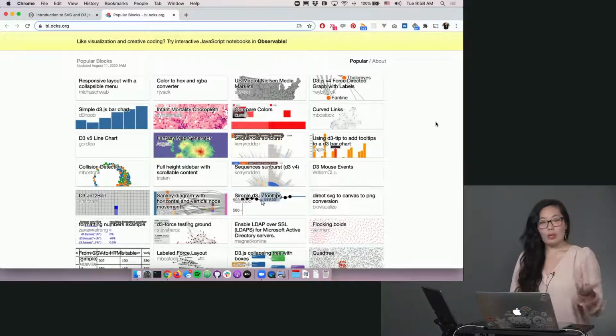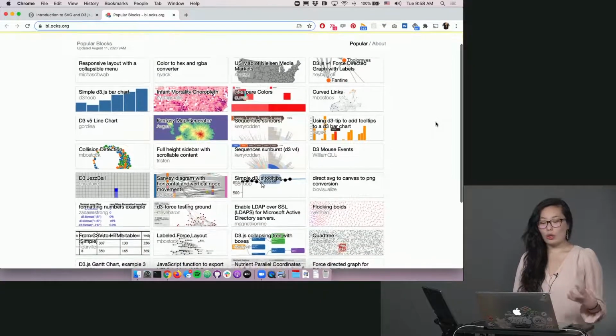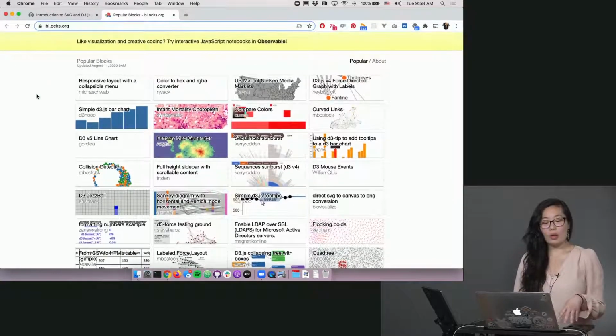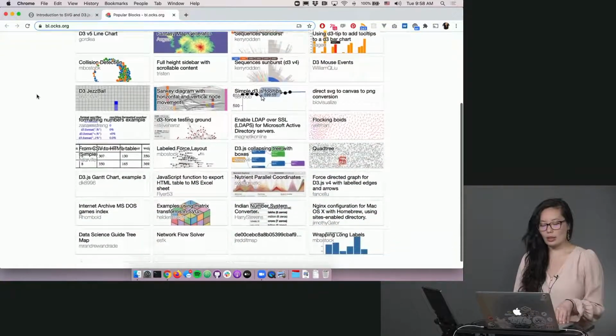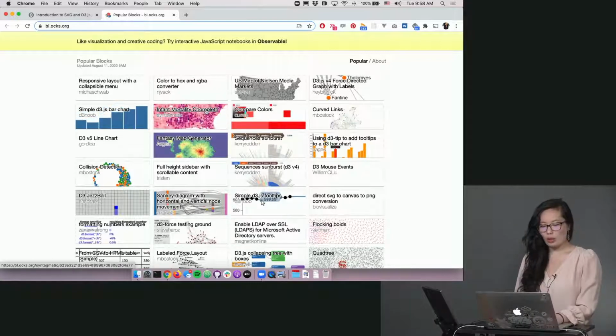When D3 first started in 2011, a lot of these examples were hosted on this website called blocks, bl.ocks.org. You can see these are some of the popular ones. I think there's something like 40 or 50,000 of these examples. So if you want to take a look,